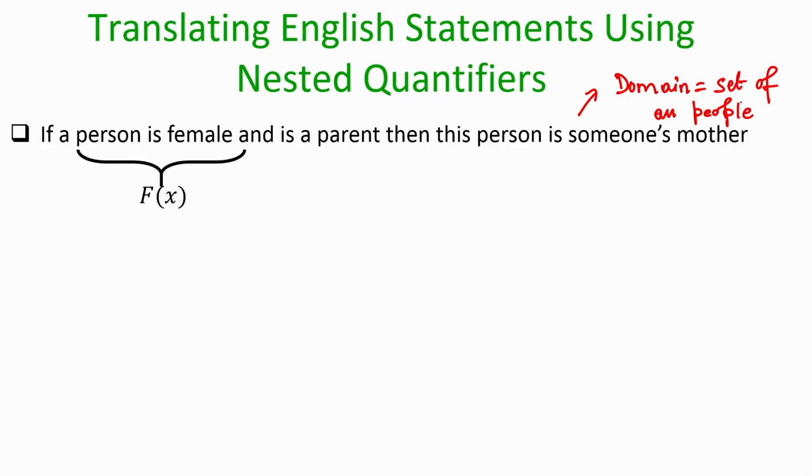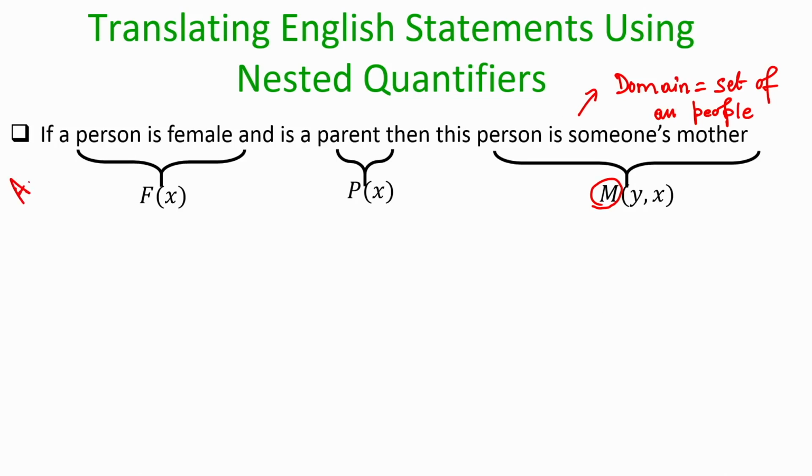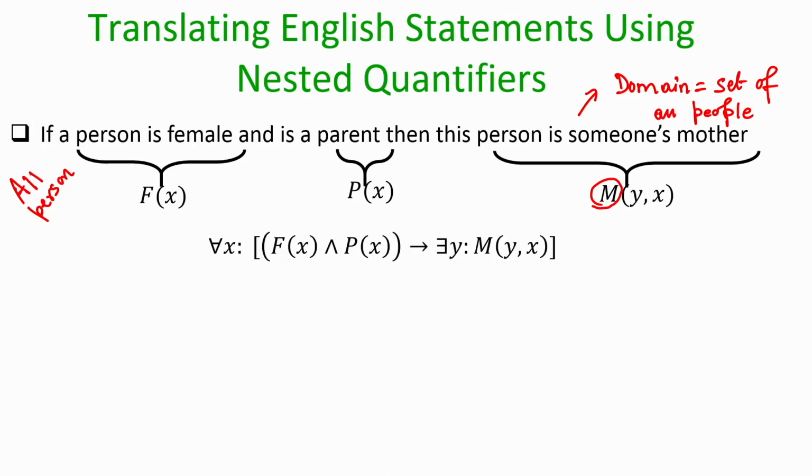So, let me introduce this predicate f of x, which is true if person x is female, and I also need a predicate p of x to represent that person x is a parent, and I had already introduced a predicate M in the previous slide, which I am retaining here. So, first of all, this is a universally quantified statement, because I am making a statement about all persons. I am not making a statement about some specific person, I am making a statement about all persons. So, that is why this will be a universally quantified statement, and this is an if statement of the form